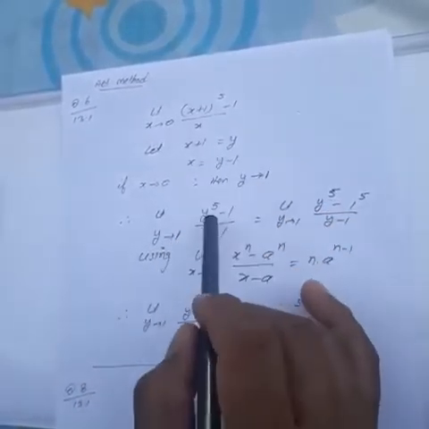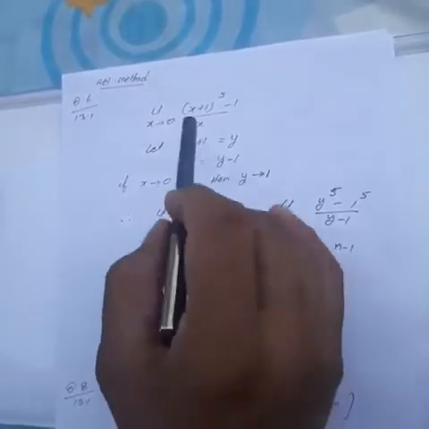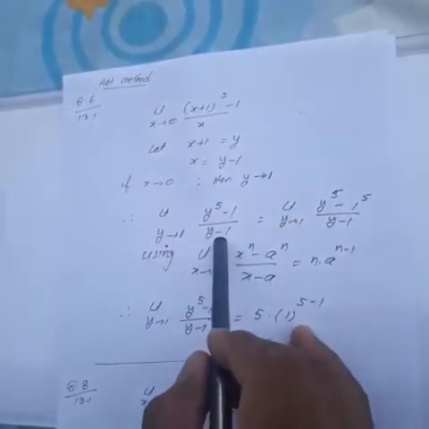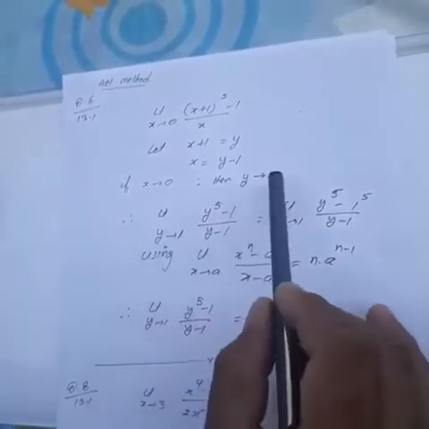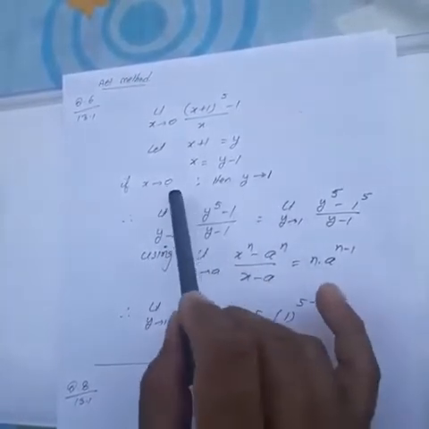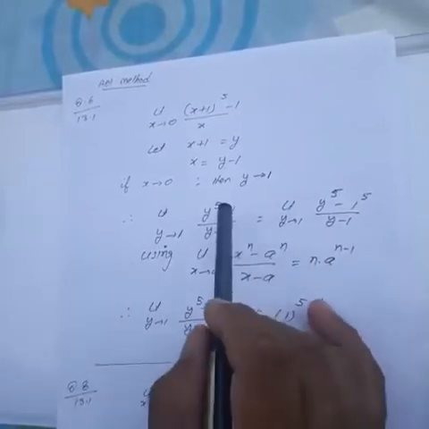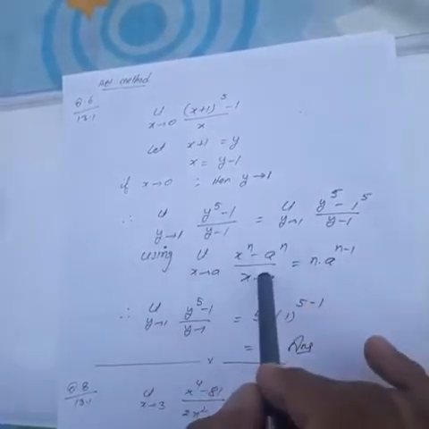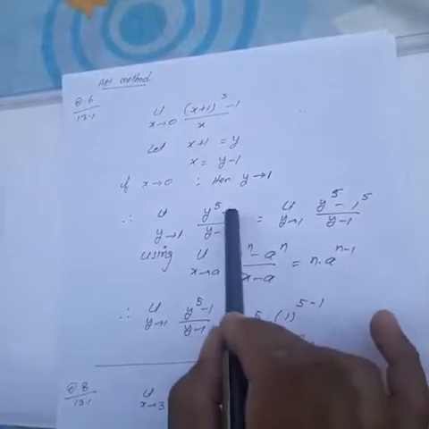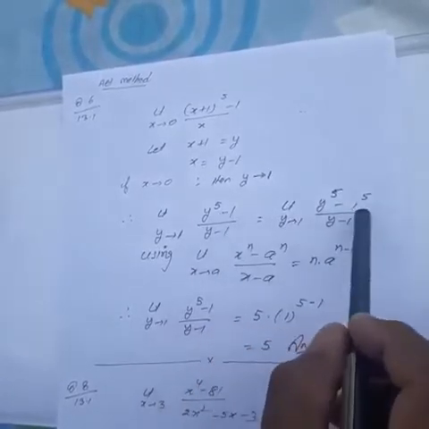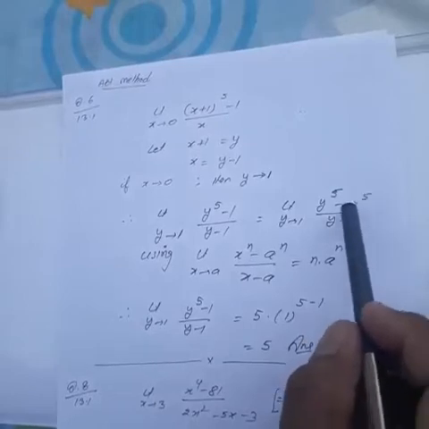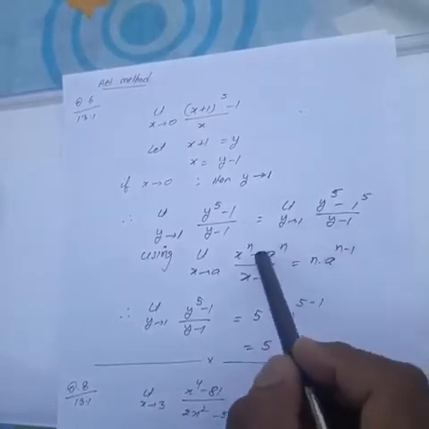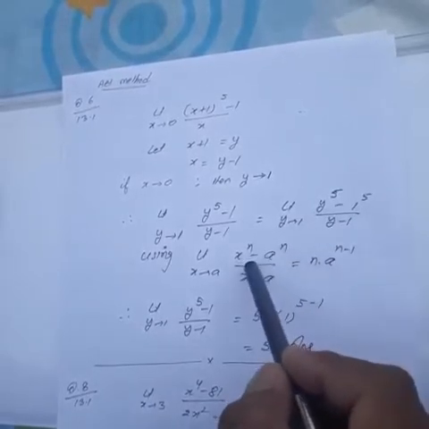So x plus 1 is equal to y, so y raised to the power 5 minus 1, x is y minus 1, and limit, now change x by y, so y tends to 1. You have to change the values like this. Then you can compare this with the standard form. Here it is 1, so 1 can be written as 1 raised to the power 5, and this is 1, so y tends to 1, so it means we can apply the formula now.